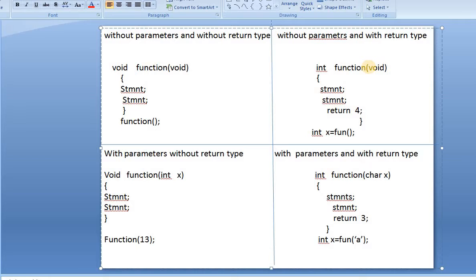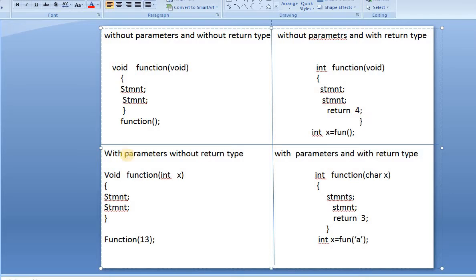I'm not passing any parameters. Inside this function there is a statement. As this is a return type function, I'm returning a value, and whatever output we get, it has to be of int type. And I'm closing this function. I'll tell you about calling functions after explaining this.